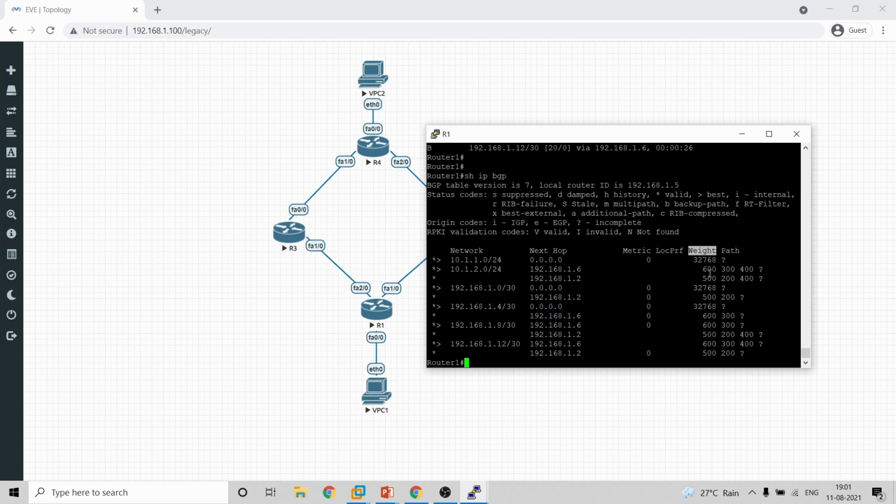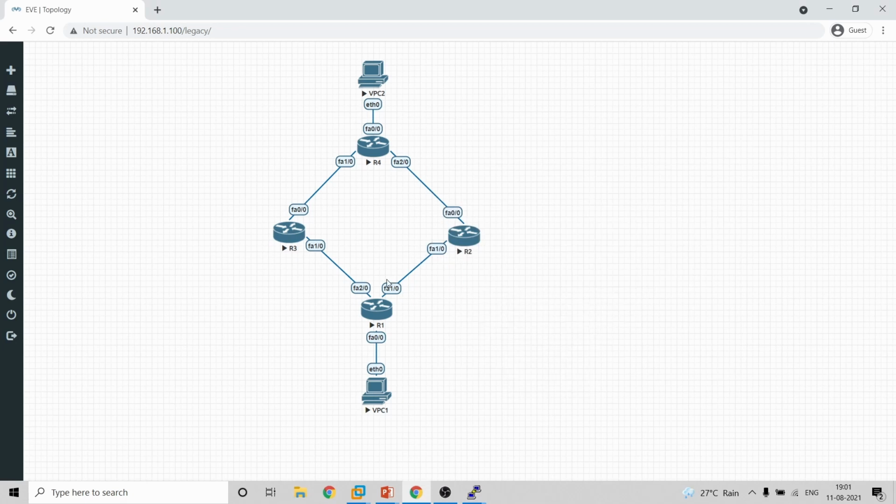The weight for 1.6 is 600 and the weight for 1.2 is 500. The path taken for 1.6 is from AS path 300, and for 1.2 the AS path is 200. So whenever this neighborship goes down, automatically the other weight will be preferred and there will be a traffic flow between these two routers. So in general, it is an auto failover that we have configured in a small environment.